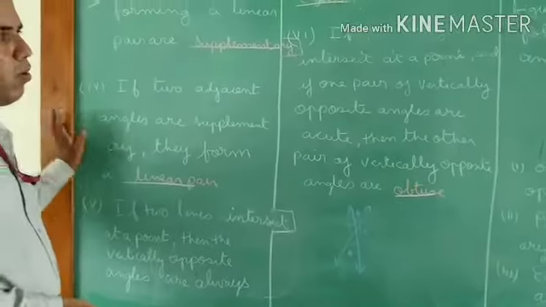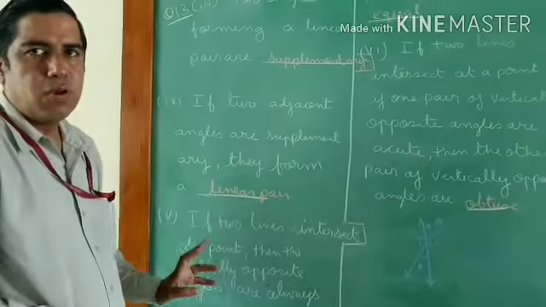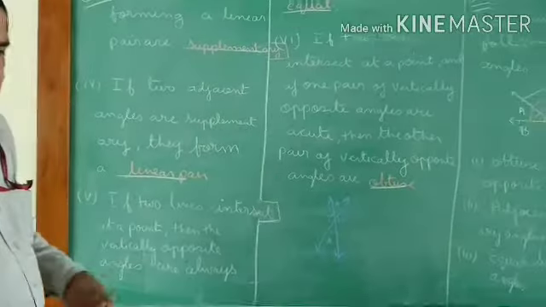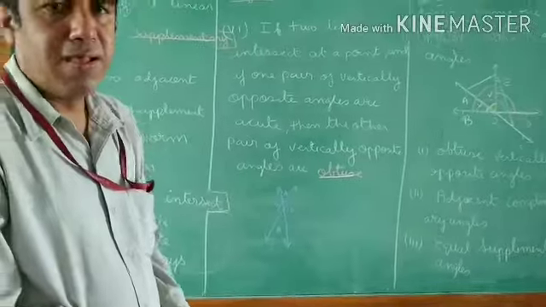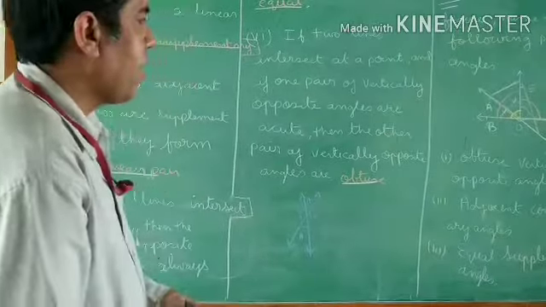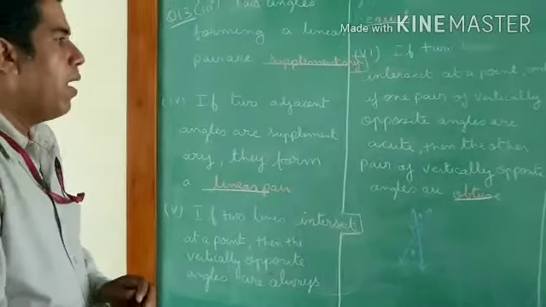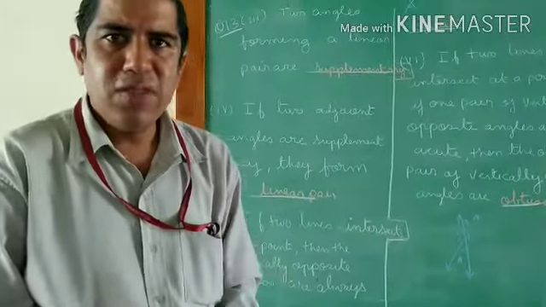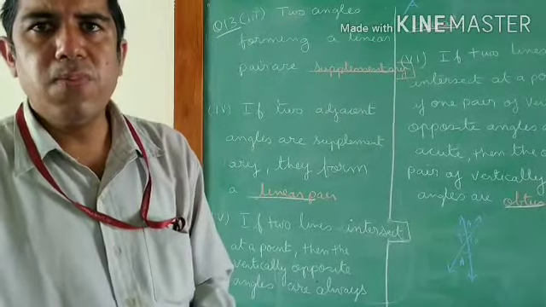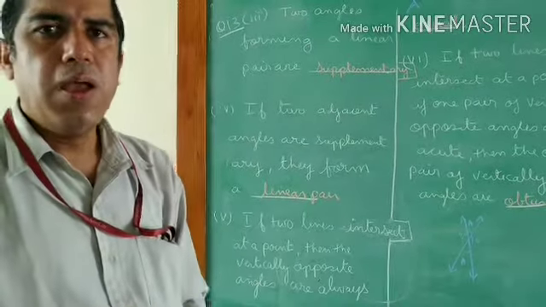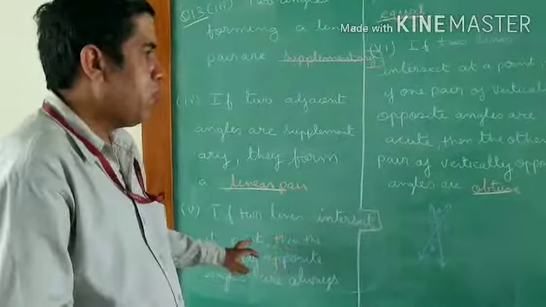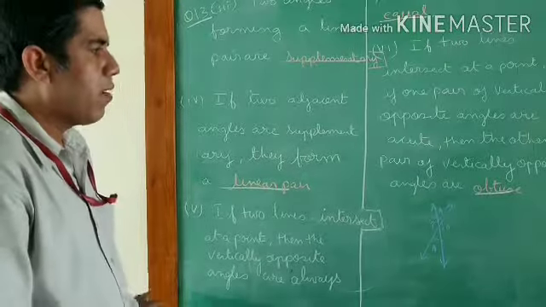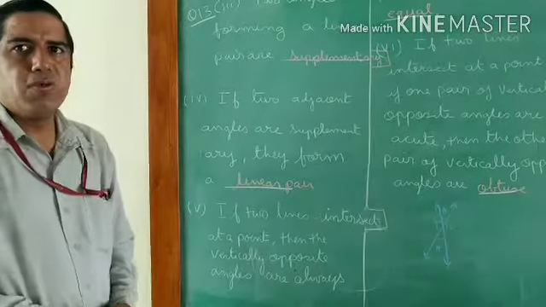Just now I discussed all the questions with you. That is question number 4, 5, 6, 7, 8, 9, 10. I think question number 6, 7, 8, 9 is cancelled. You can see which are cancelled. Already I discussed with you. And the basic definitions should be clear to you: the definition of vertically opposite angle, linear pair, complementary angle, obtuse angle, and adjacent angle. These definitions should be clear. This exercise completes over here, and I complete my discussion over here.